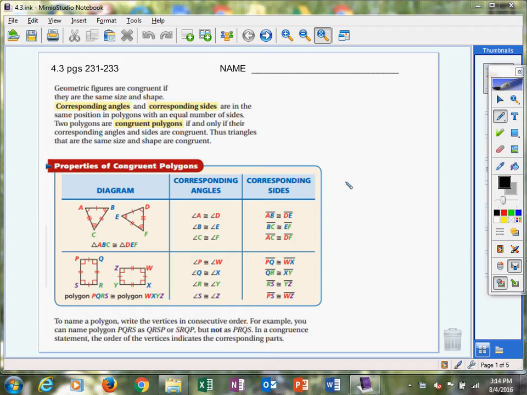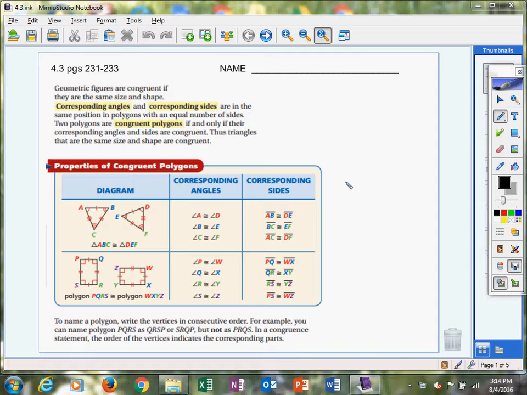Section 4.3, we're going to be talking about congruent triangles in this particular section, and we're going to do some examples with that. Our focus today is example 1. There are 4 of them we're going to cover in our time together. Let's look at some basic information, and I want to start here at the top of your notes where it